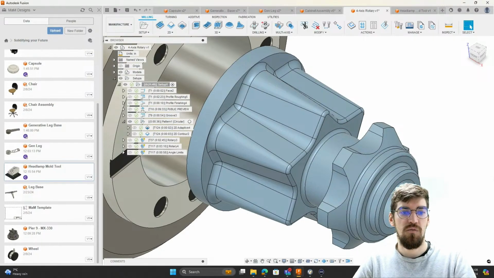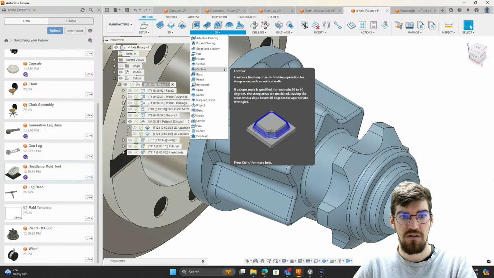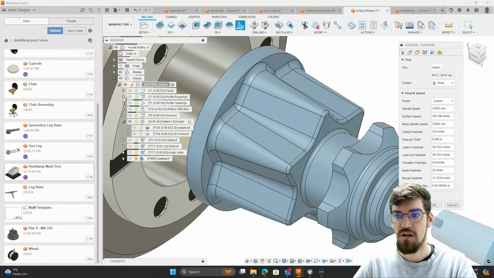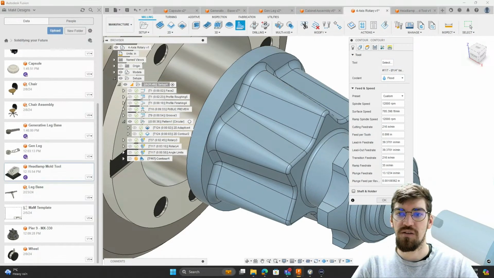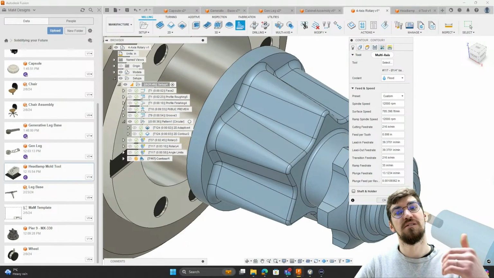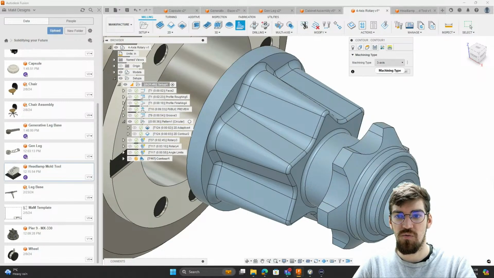On top of that, most of the other 3D strategies will also have some multi-axis capabilities available to them, and this is also included inside of the manufacturing extension. So if I went to, for instance, we'll grab a contour. With the normal contour strategies available to us, we've got the ability to allow movement in a multi-axis direction. So if we do want to just use 3 axes, we've got the ability to keep that in there,